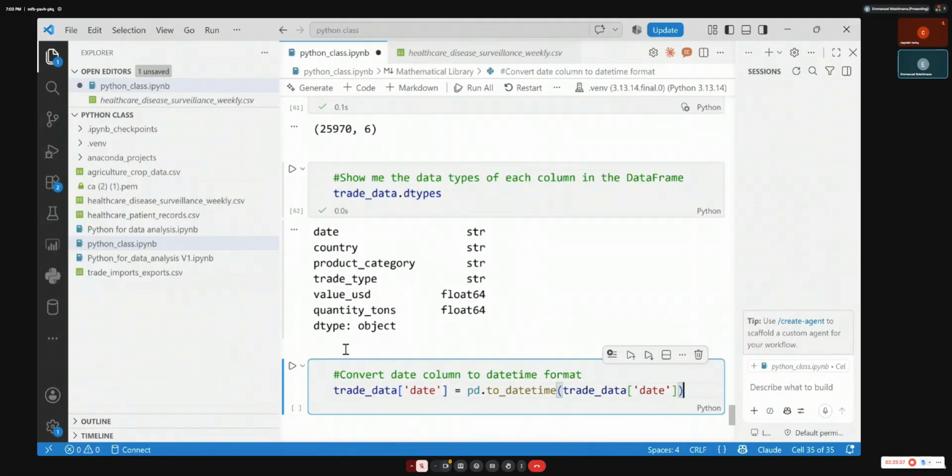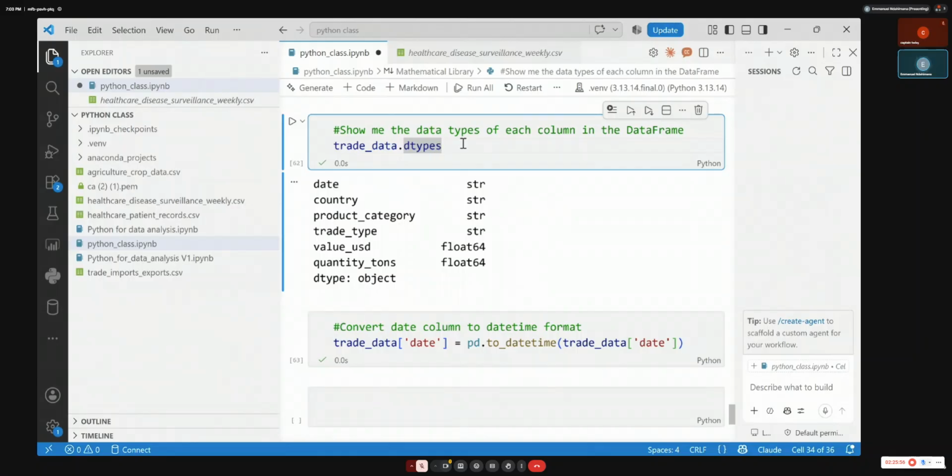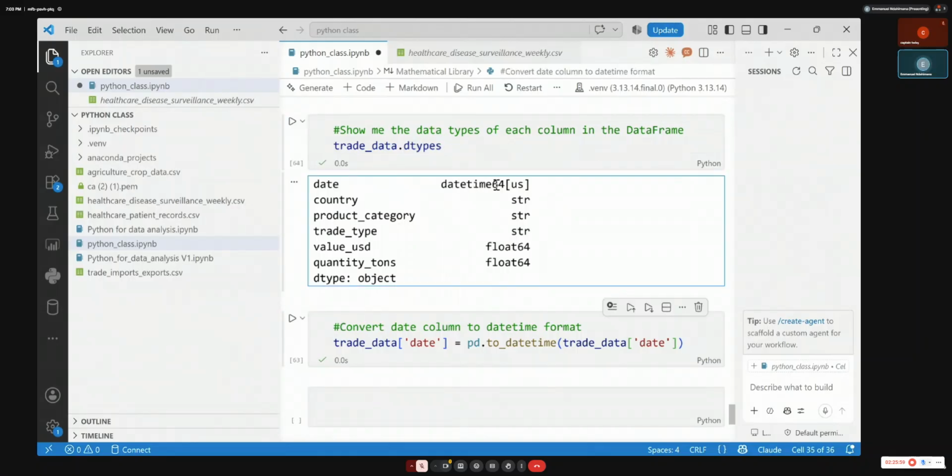You see that? Now, when I run that command with shift enter, and come back and show these trade data types, you can run the top one again. It will show you that now it is recognized as a date. Remember before I had a string here. You remember? Here I had the string as data type. But now it is date, because I just ran this.